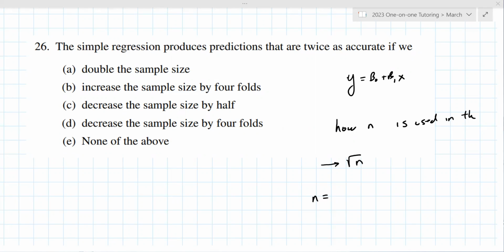Oh, I actually don't. This has no regression on it. No, I do not. Sorry. Okay, so